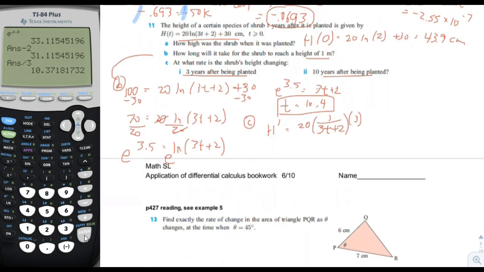And then the derivative of plus 30 is just 0. So we can simplify this. Now we have 60 divided by 3t plus 2. And what we're asking for is what was the change in height 3 years after being planted. So that would be 60 divided by 9 plus 2, which is equal to 60 divided by 11, which is equal to